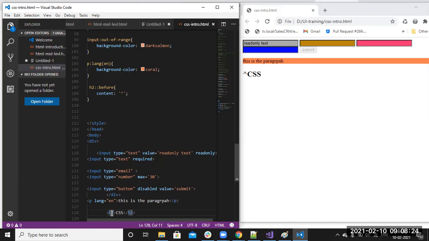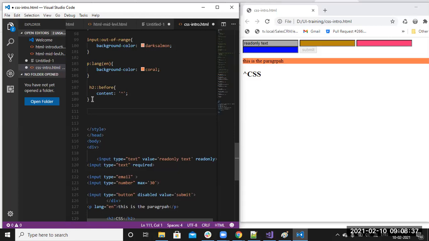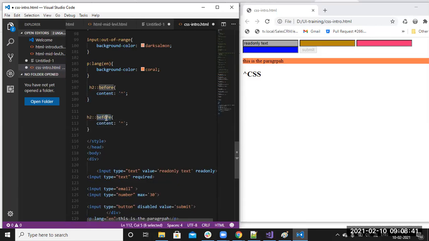Sometimes you need to append divs dynamically. In those cases we can't append the images, so with CSS, H2 colon before, H2 colon after, we can use that. Content means whatever text you want to enter.